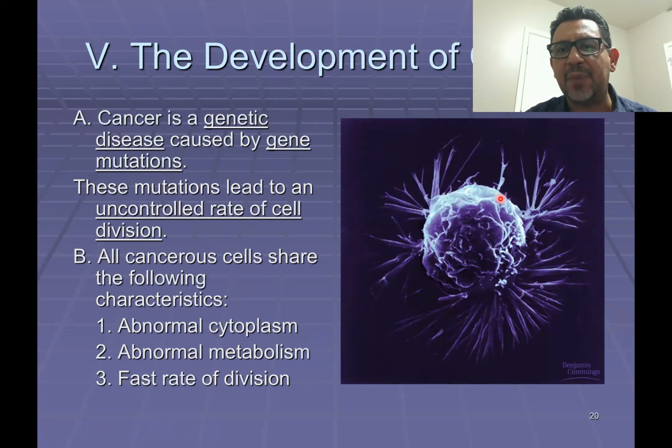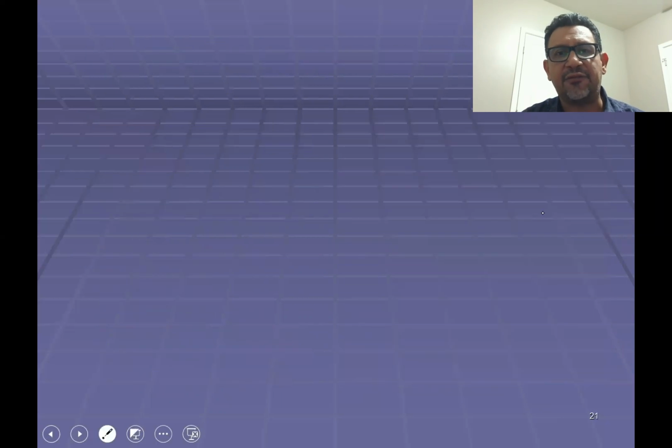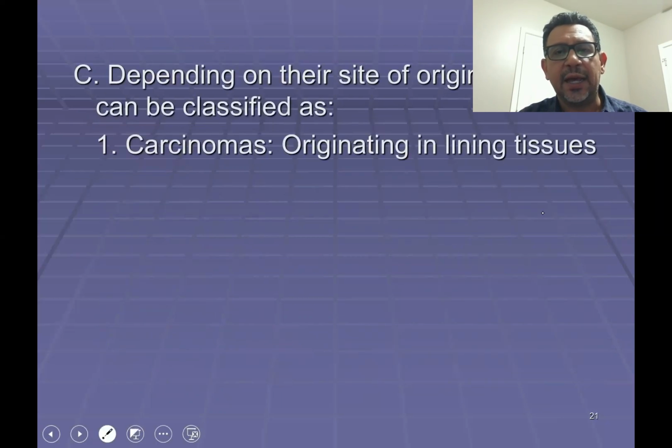Notice that the plasma membrane and the internal cytoskeleton are forming projections that are not typically seen in most cells. There's going to be an abnormal metabolism, meaning that these cells are using a lot of energy. There's a fast rate of division. Depending on the site of origin, cancers can be classified as